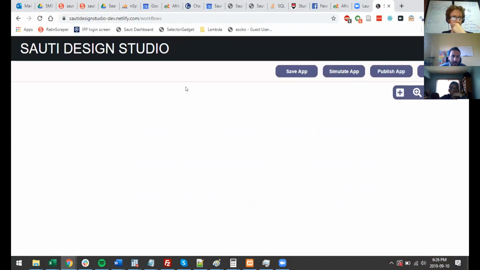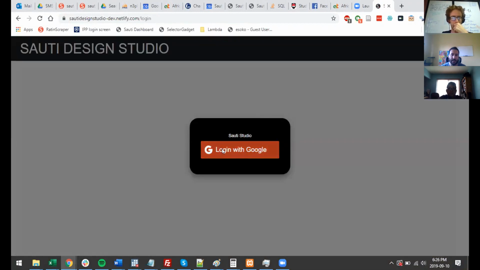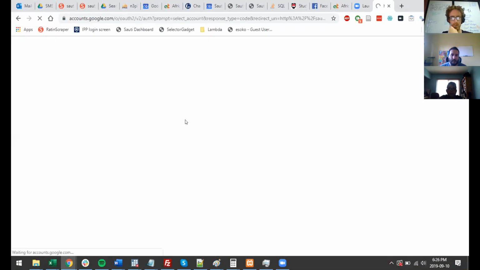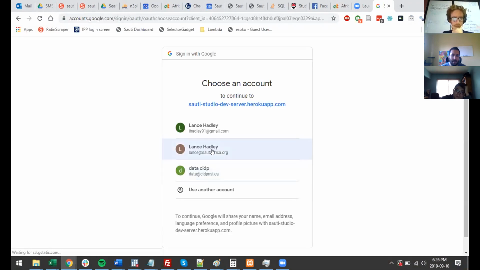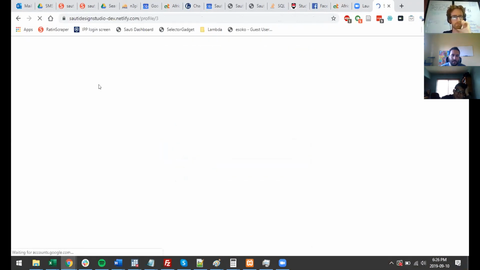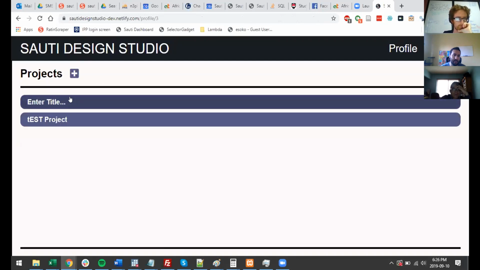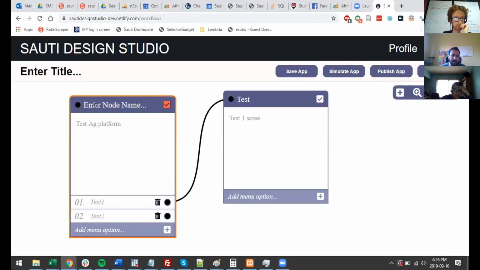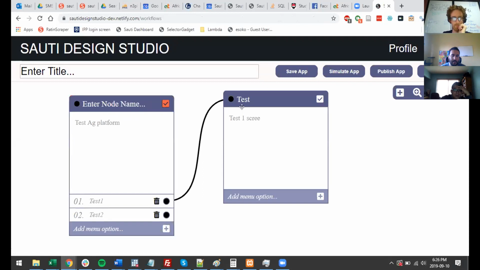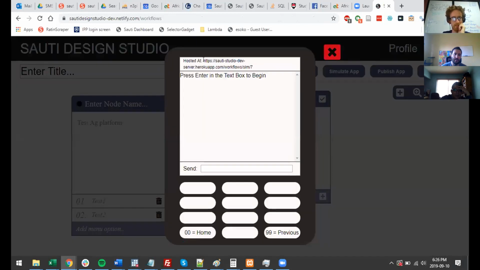So that may be part of the problem, that you're going straight to the workflows page. Yeah. But I need to log in. Yeah, it's just because I didn't have the thing. Let's log in. And right now it's not working very well. Okay, so now I'm going to get the endpoint from here. Is that right? Yeah. So did you publish it at all?